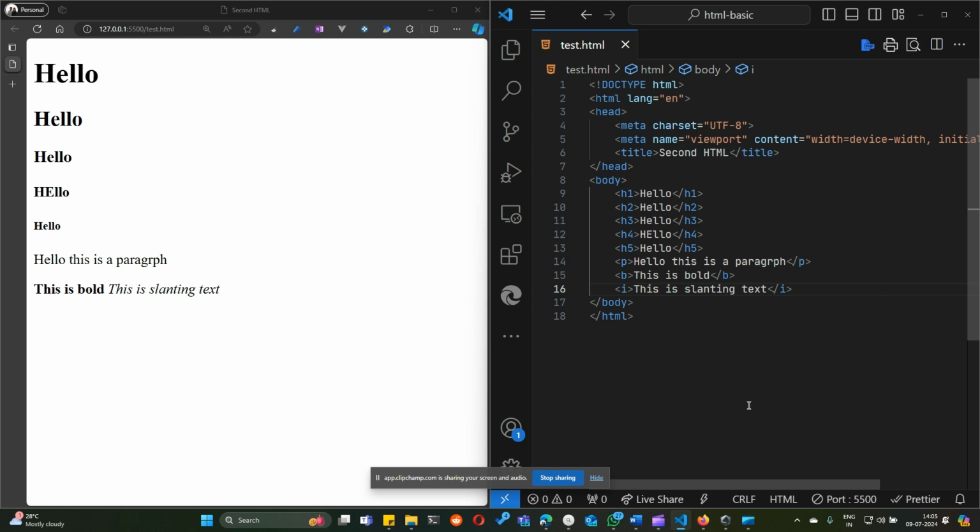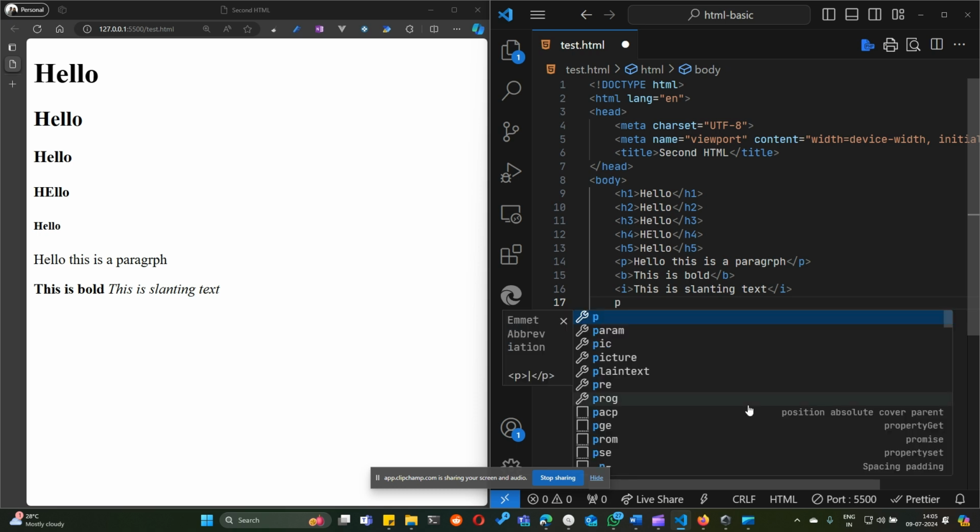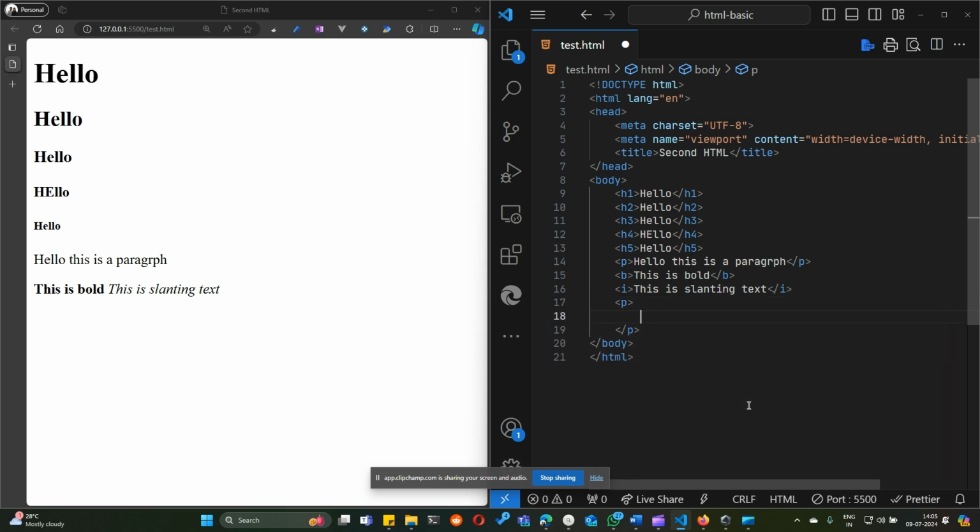Okay, welcome back. As we were discussing how an HTML document is created and how certain tags can be implemented to display text in a special style, like we have paragraphs and we also have bold and italic text. And guess what? You can also implement bold and italic text inside a paragraph. So, let's say I have a bold text inside a paragraph,